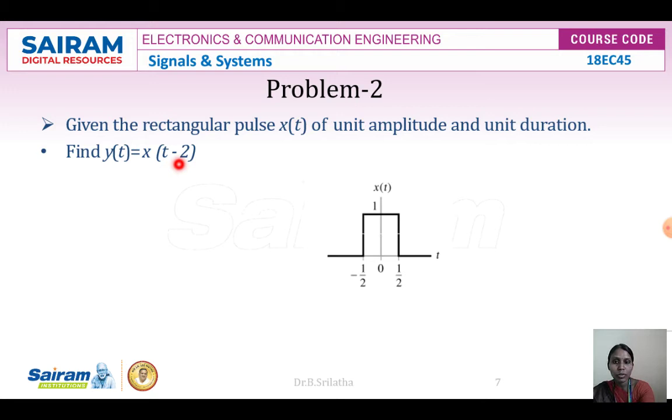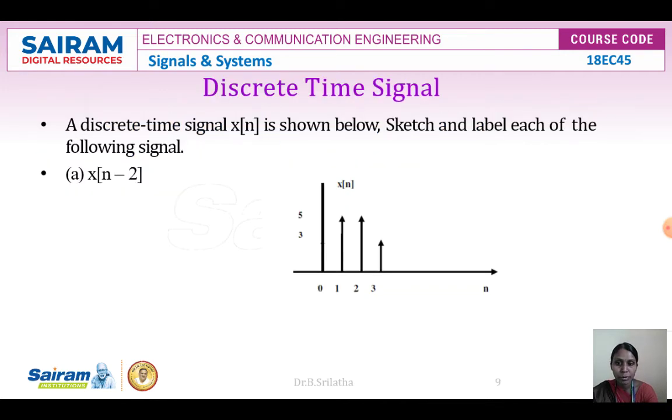How much do we need to shift? t minus 2 is equal to 0, so t is equal to 2. It is a positive value, and the value is 2. Positive means we shift to the right, so we need to shift 2 steps to the right. The first step takes minus 1 by 2 plus 1, and the next step is plus 2 in total. Minus 1 by 2 plus 2 gives 3 by 2, so it starts from plus 3 by 2.